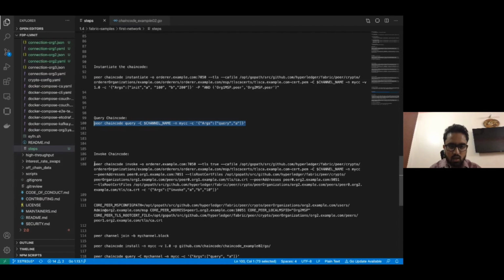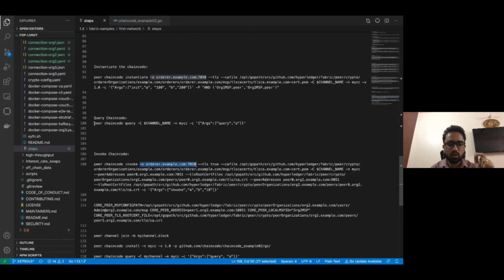For this, the command I have to use is peer chain code invoke, and I have to submit to the orderer. This particular query transaction does not go through the endorsement phase and everything, because that particular peer knows about the ledger state.